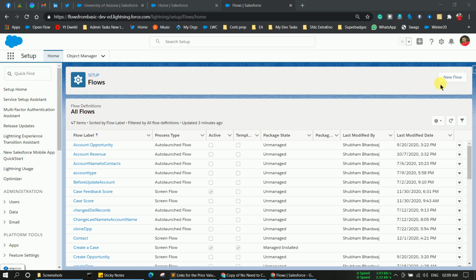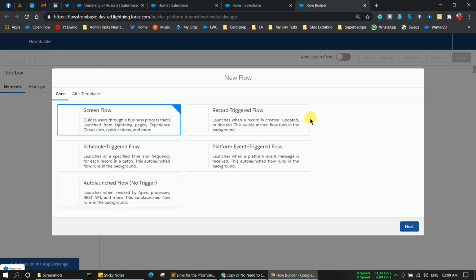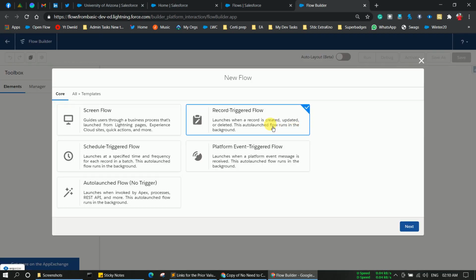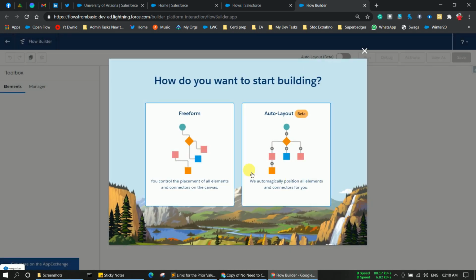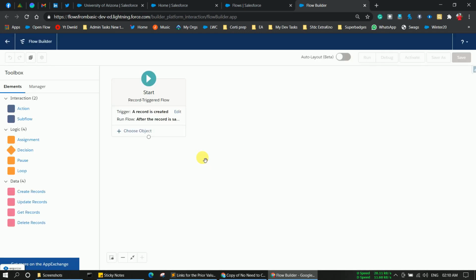First of all, we have to click on new flow, and this feature is basically beneficial in a record triggered flow. So we are going to create a record triggered flow. Simply click on record triggered flow and click next. I'm more comfortable with free form right now, so I simply choose it.